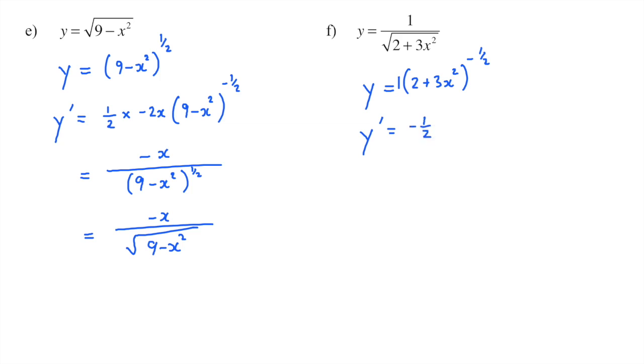The derivative of the bracket, well, the derivative of 2 drops out. The derivative of 3x squared is 6x. So it's minus a half times the derivative of the bracket, times the bracket doesn't change, but the power goes down by 1. Negative a half take 1 is negative 1.5, or negative 3 over 2. Now when I look at this, a half of 6 is 3. So minus a half times 6 is minus 3. I get minus 3x